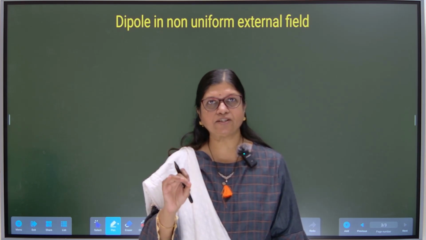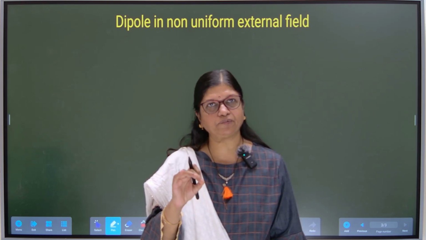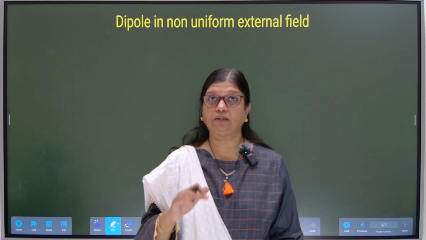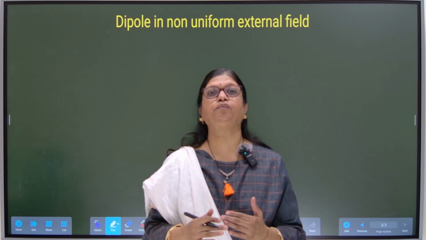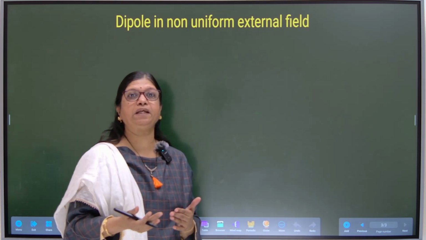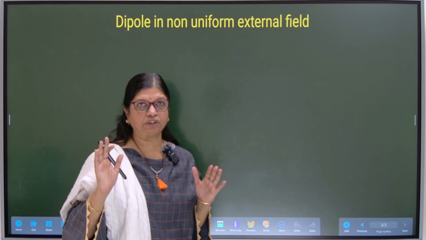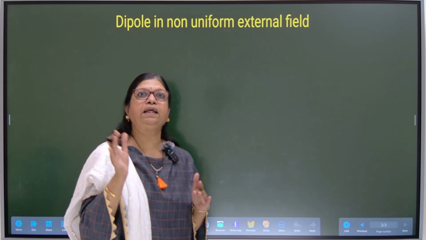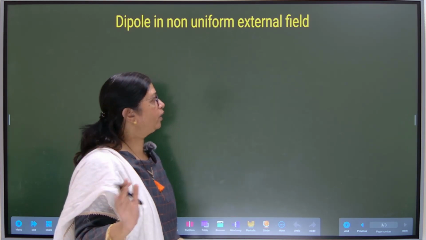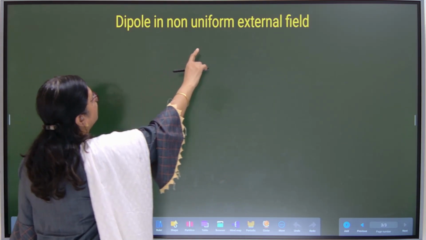Now, the representation of a uniform electric field is parallel lines equidistant to each other. But what is the representation of a non-uniform electric field, or what does it actually mean, that we will understand first. Then we will place a dipole in the non-uniform electric field and find out what will happen. Okay, so first of all, let us understand what is